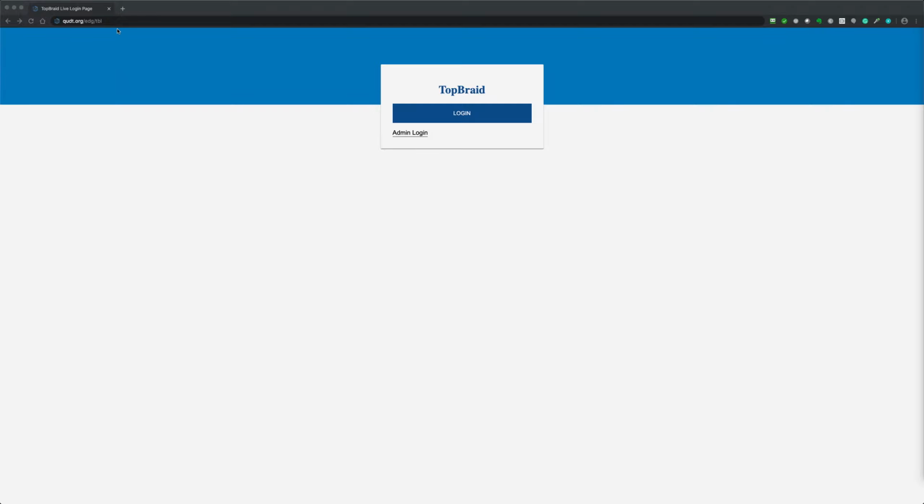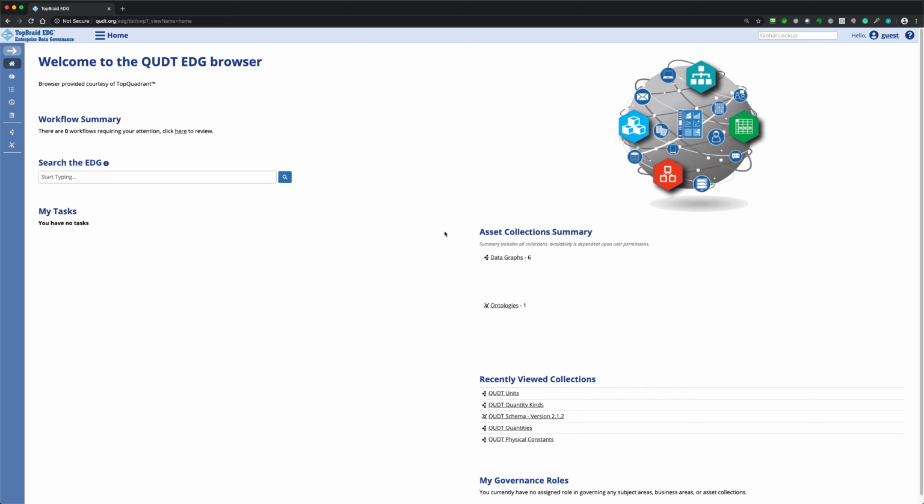To get to it, you just go to the URL you see in the upper corner of your screen there, quudt.org/edge/tbl, and just click the login button. When you get the home page here, I'm not going to take you through everything, but I'll just show you